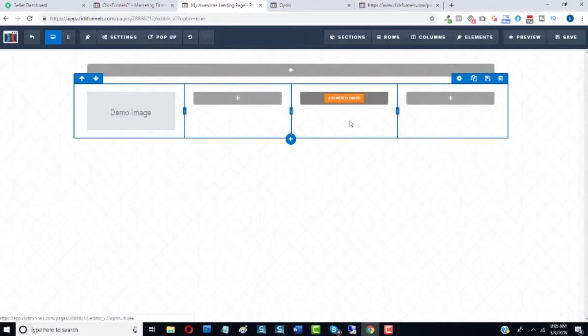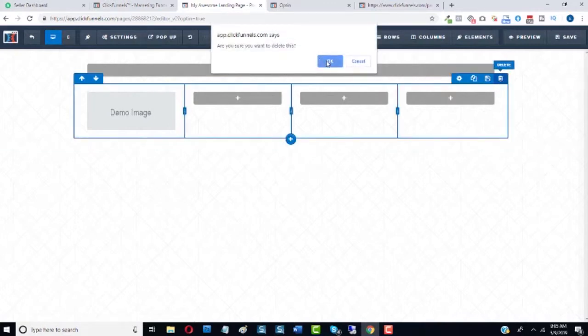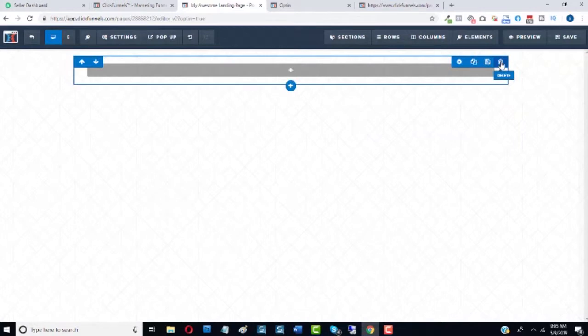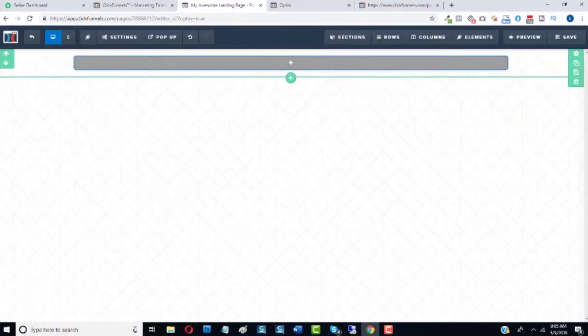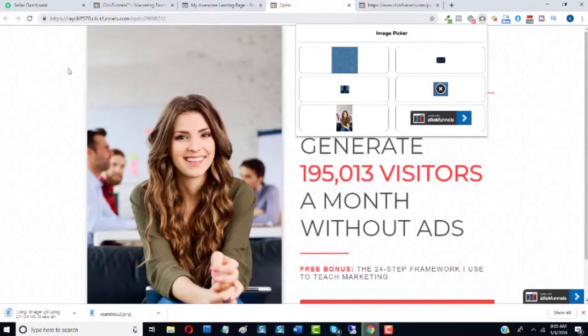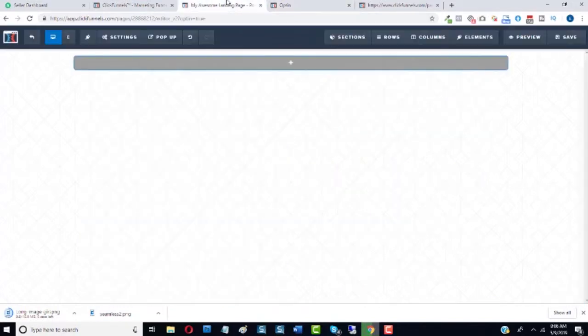So I'm going to show you how to move things around and make you a guru in creating your own landing pages. Like I said before, now the idea. So these are the things that are copyable here. The next thing I need to do